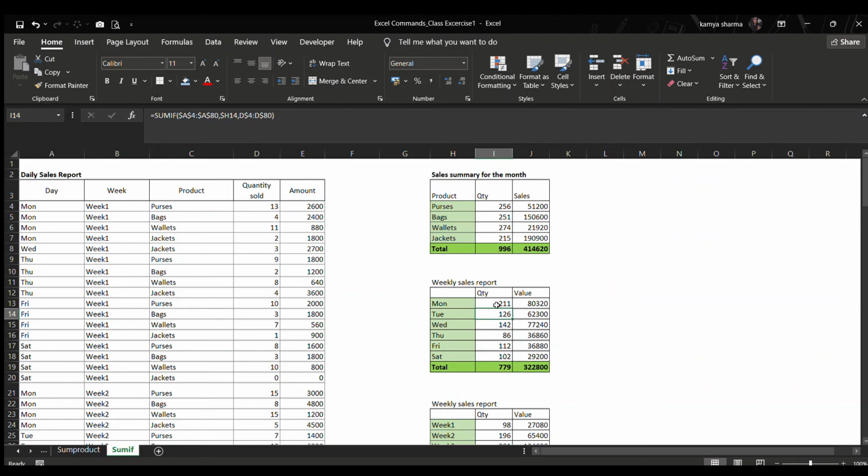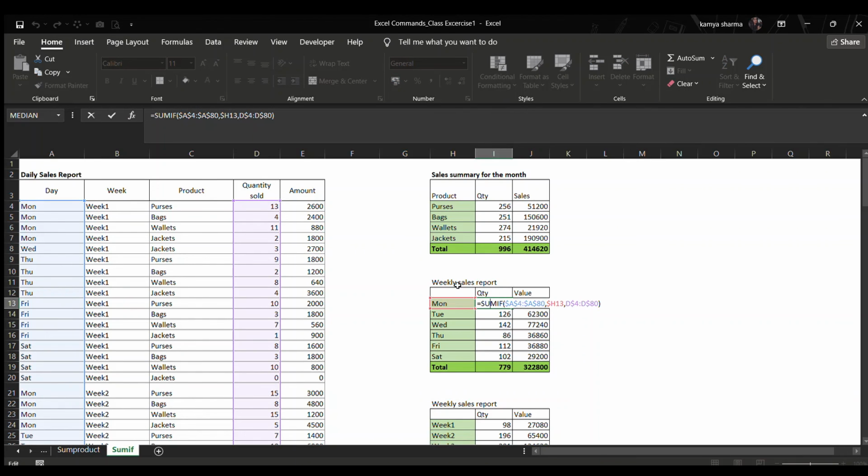So in this scenario my criteria would be the weekdays, and you can see that I have selected my criteria range as column A, because over here the weekdays have been mentioned. My criteria would be Monday, and the same goes for Tuesday, Wednesday and so forth, and then my sum range for quantity would be column D, and for values my sum range would be E.